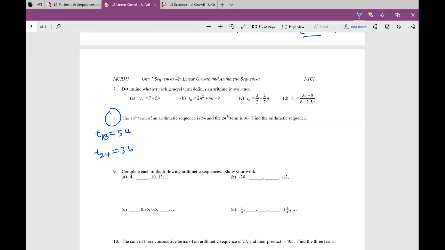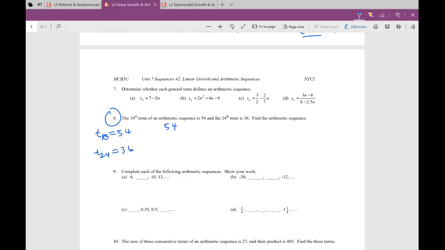Now there's some of you that actually can do this very intuitively, and that is amazing. That's why some of you are very fast or really good at patterns. I am unfortunately not really good at that. Because I'm old, I like the equations that we have. But that's what we're trying to show you, some kind of algebraic proof that we actually know what's going on. Because some of you know from the 24th term and the 18th term, you can find the average between the two and do something neat with that, which is really amazing. Don't get me wrong. However, what we're trying to do is